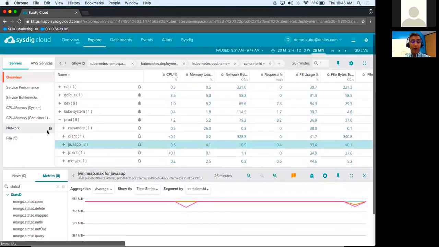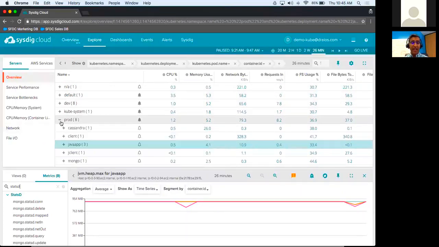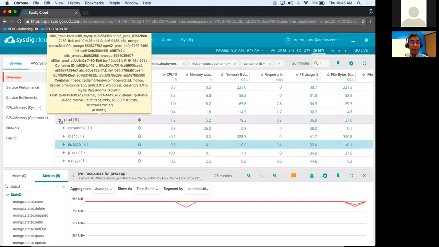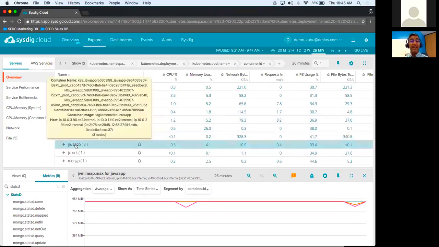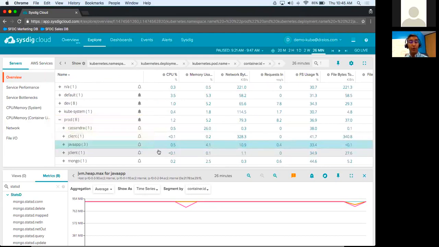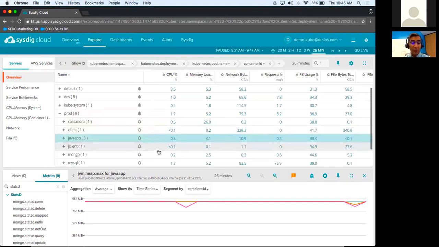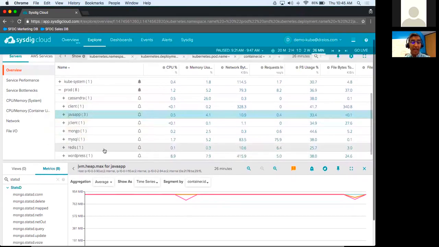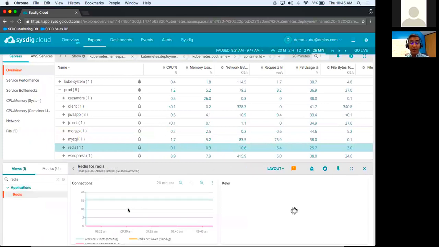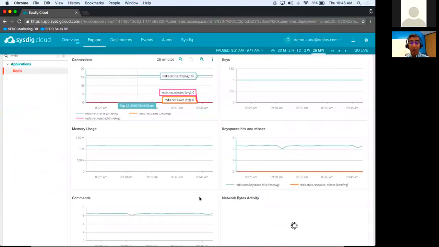So what I've shown you so far is the ability to get from this high-level view of your prod environment, understand the services, drill down into an individual service and understand what's happening with that service, and then get into app-level metrics and app-specific metrics that are relevant to whether you're using a custom Java client, or something like a MySQL container. Similarly, we have incredible views for almost anything. For example, like Redis here, we can go into the views and look for our pre-built Redis view and see, again, things that are very specific to how Redis is performing.